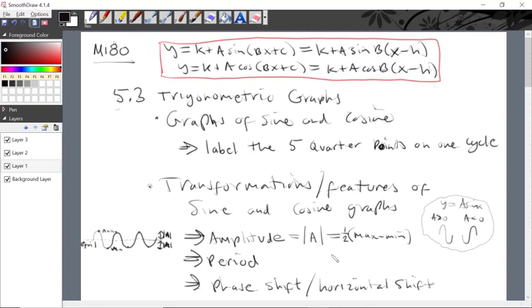The magnitude of A, however, tells us the amplitude of the wave. Now, the period of the function. The period is defined as the length of time for a cycle to repeat. That is, for a pattern to repeat. It's not just the length of time until the y value returns, but until the entire cycle were